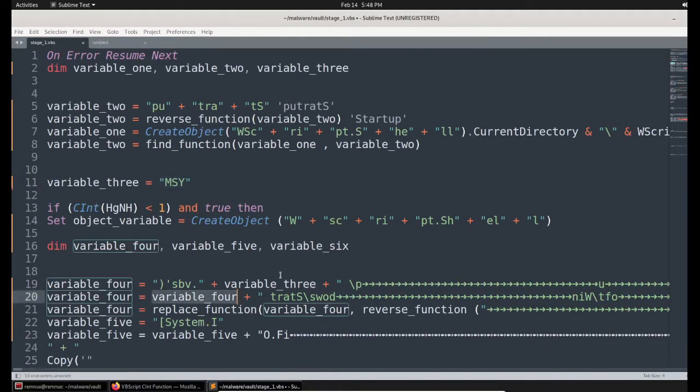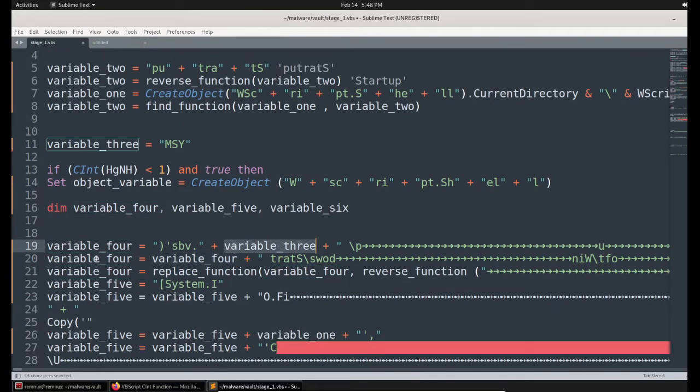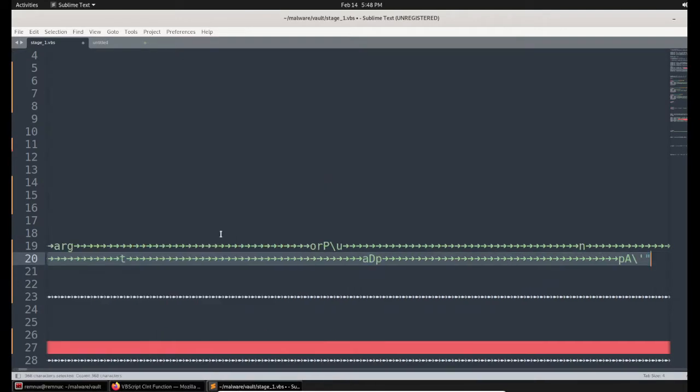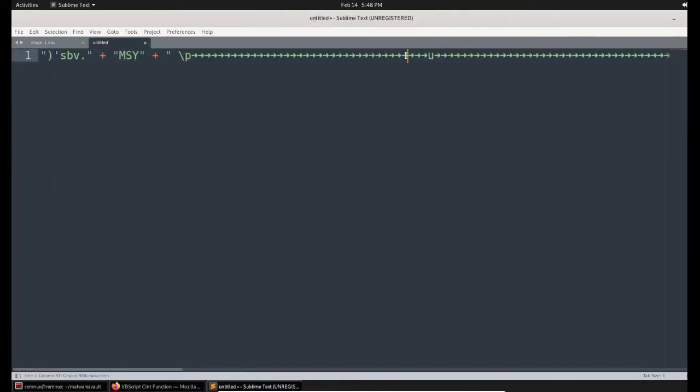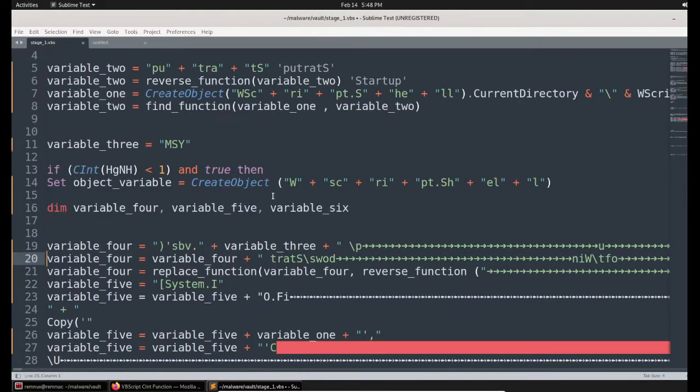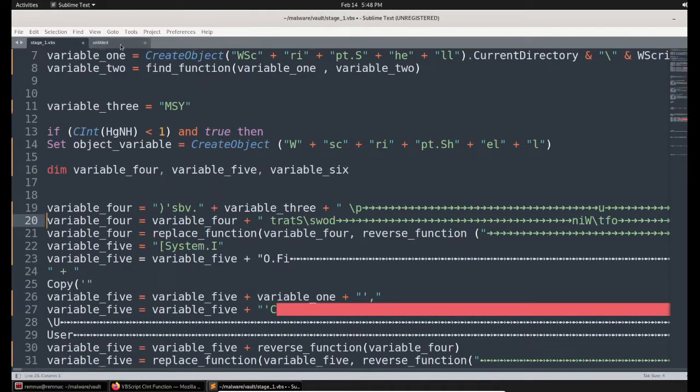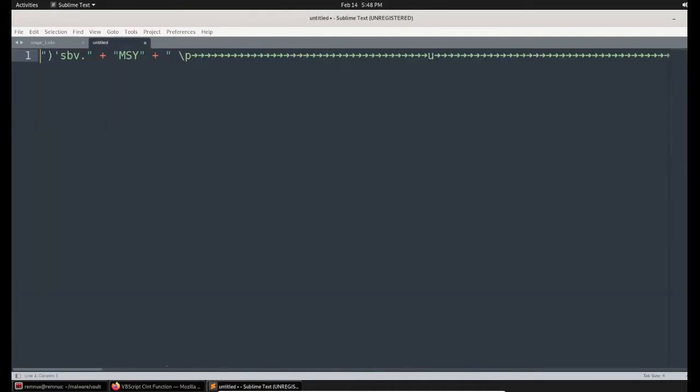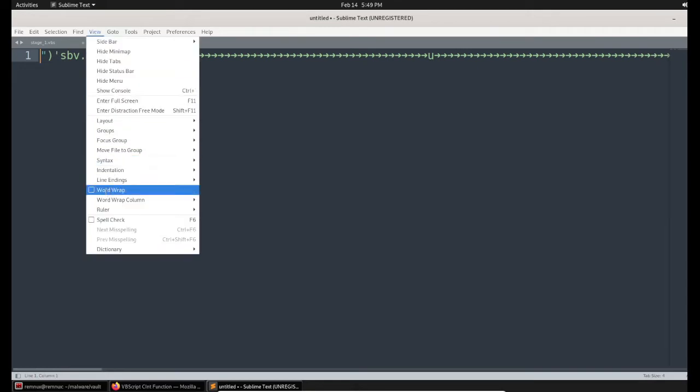If I see the next line, they are again calling variable 4. It contains this specific value, and they are appending it with another string. So let me do that. I'm simply copying it, moving to the end of the line and appending that. Perfect. Now let me enable word wrap.